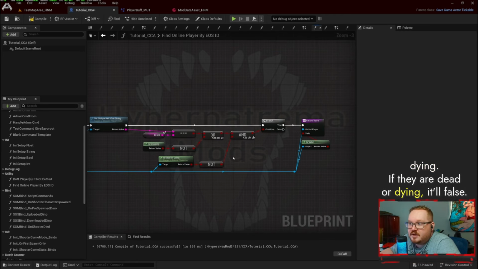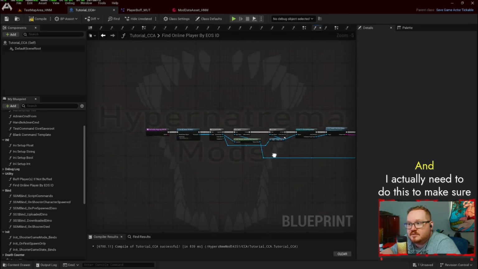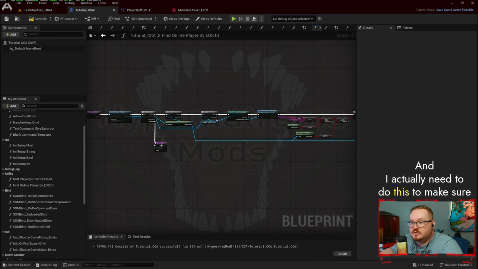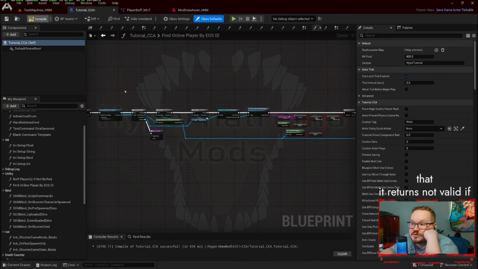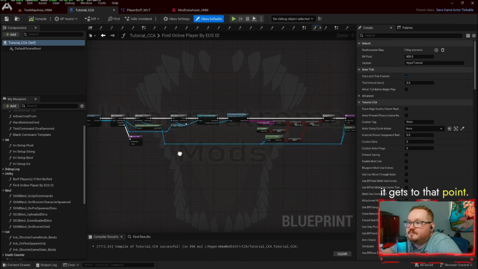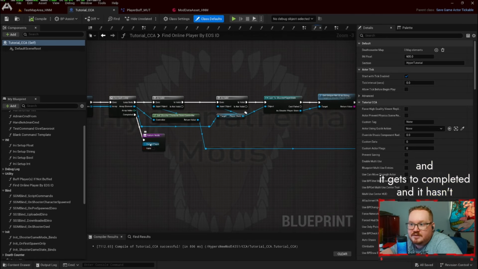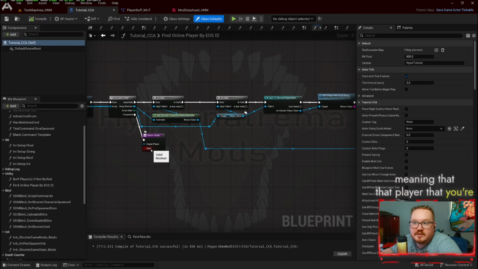If they are dead or dying, it'll be false. And I actually need to connect this to make sure that it returns not valid if it gets to that point. So if it goes through this and it does every player controller and it gets to completed and it hasn't outputted a player by then, it will return not valid, meaning that the player that you're looking for is not